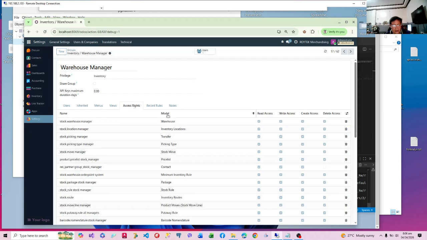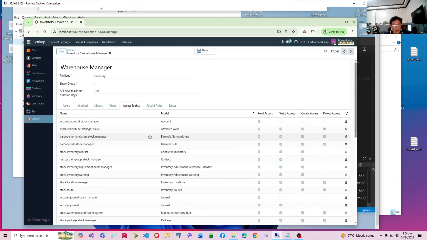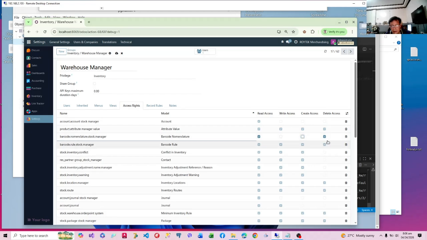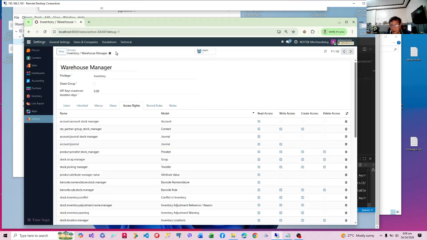Okay, there it is. The barcode nomenclature, we're going to provide read access only, and also the product attribute, read access only, because it belongs to the product manager and we don't want it to run in conflict with the warehouse manager.